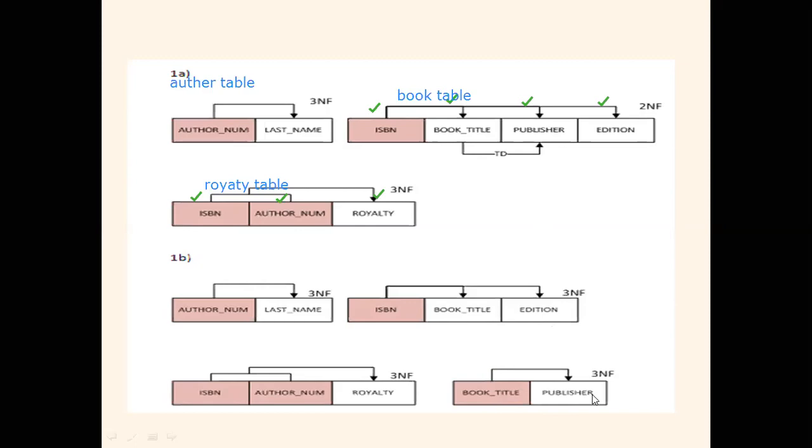So here, from the title we can identify the book publisher. For example, Computer Networks: from Computer Networks we can identify who the publisher is. It is Tata McGraw Hill, so we can identify it as well. This is our probable outcome: the tables we can create into the third normal form. So this is how we have done the third normal form.